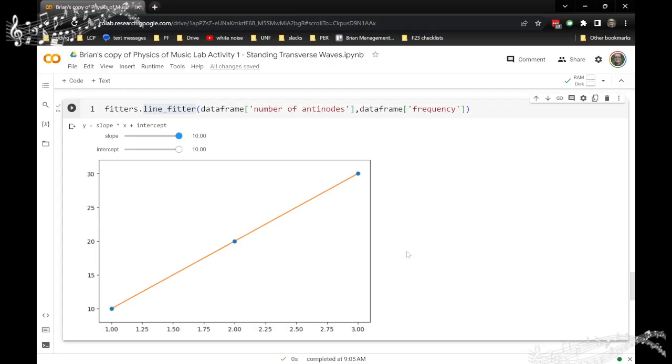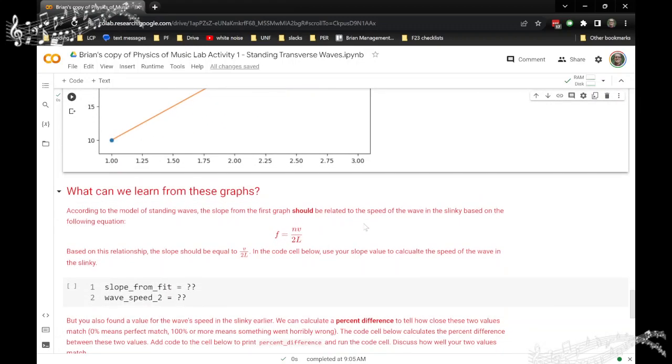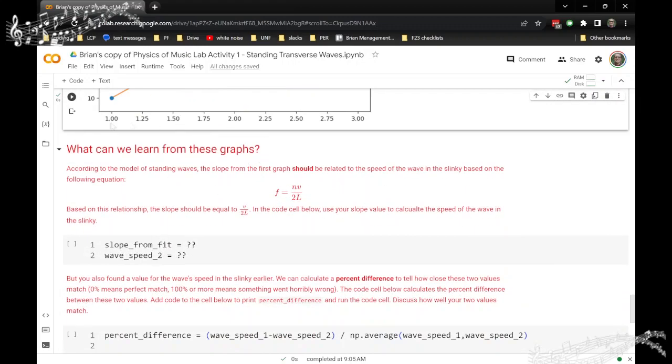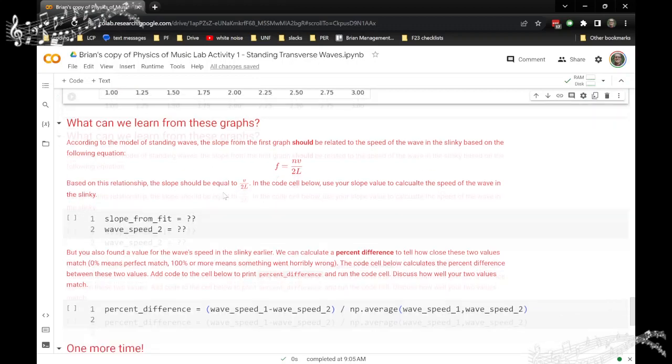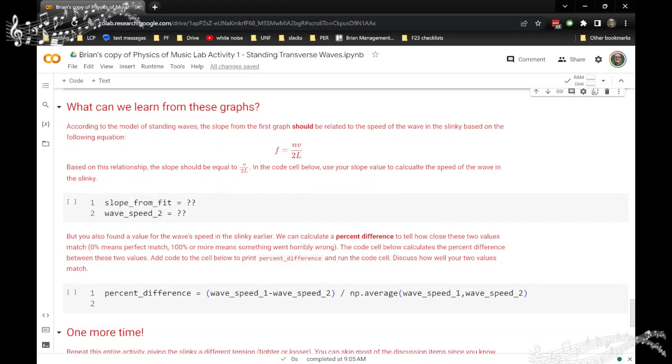All right, now that we've learned how to create a graph and get some information from here, what I want to do is start thinking about, well, what can I learn from these graphs? What information can I get from this data? Well, according to the model of standing waves, the slope of this graph should be related to the speed of